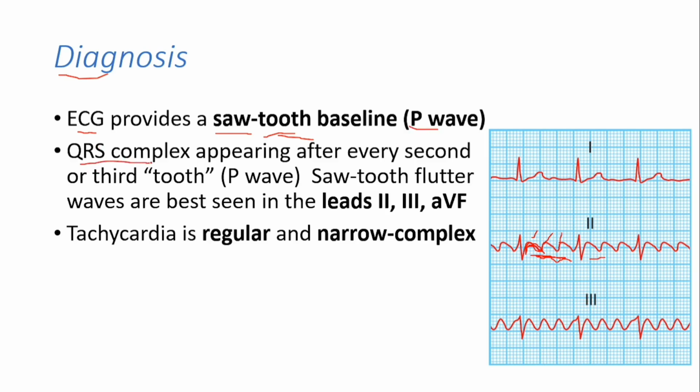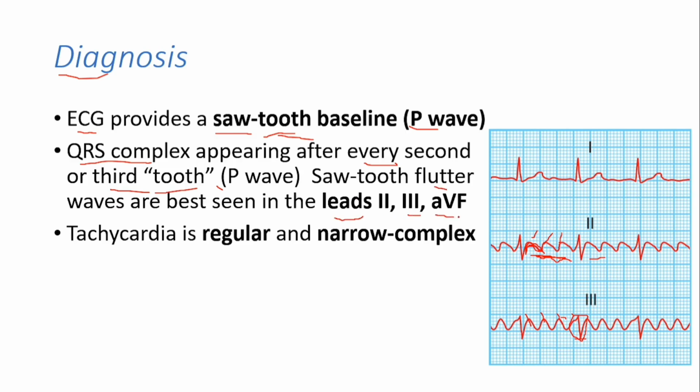The QRS complex of the atrial flutter appears after every second or third flutter wave, or PVO. Here you see it is appearing after every third PVO. Like this is one PVO, this is the second, this is the third, and after the third, the QRS complex is appearing. Okay, the sawtooth flutter waves are best seen in leads 2, 3,